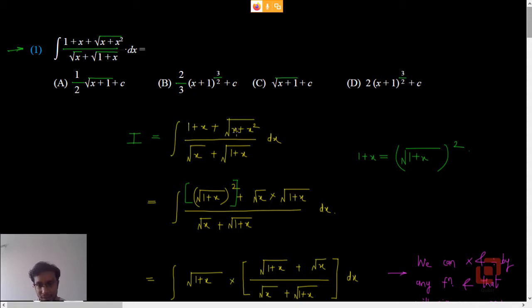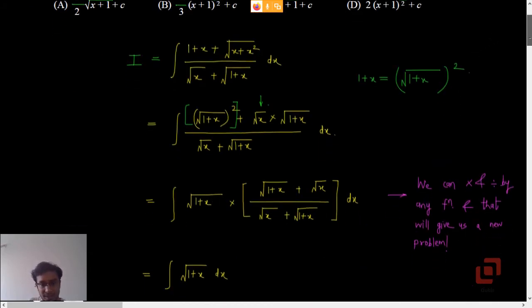And then from the third term in the numerator, that is root of x plus x raised to 2, I have taken root of x common from both the terms, so that I could write it as root of x into root of 1 plus x. I have kept the denominator as it is in the first step. In the second step, I have taken root of 1 plus x common from both the terms in the numerator, which sits here.